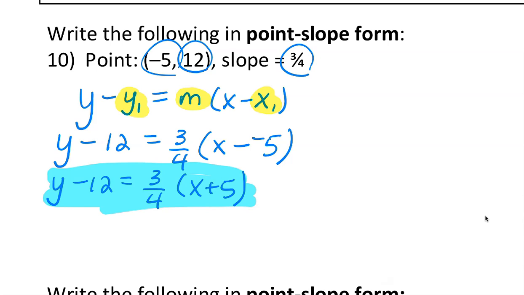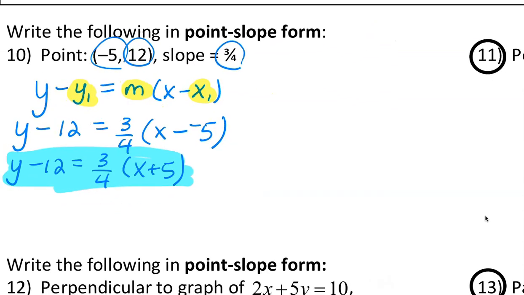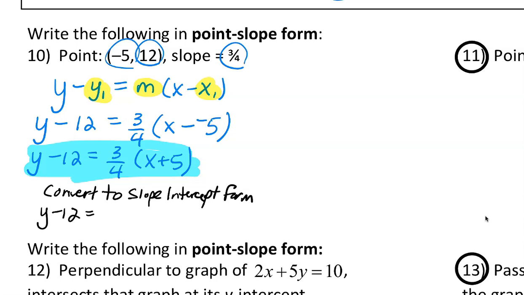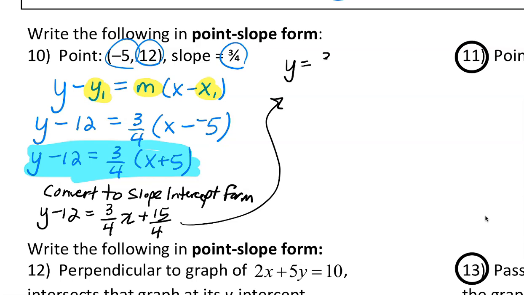Now, it's an important skill, so the directions don't ask you to do this, but I think it'd be really helpful. If we wanted to convert this to slope-intercept form, we would have the y minus 12, and we would distribute the 3/4, distributive property. 3 times 5 is 15 over 4. And then we would add 12 to both sides. So we get y equals 3/4 x